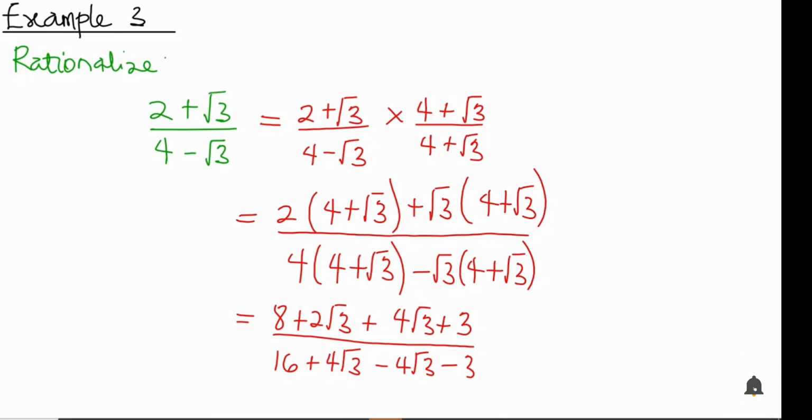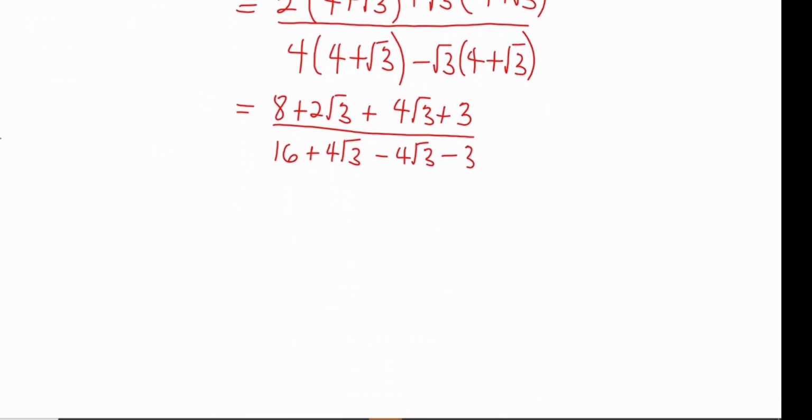So the next step here is to continue with the simplification, and here you can see that there is a like set here, that is 2 square root of 3 plus 4 square root of 3. So kind of grouping like terms. So we have 8 plus 3, then we add these two, then we should have 6 square root of 3,